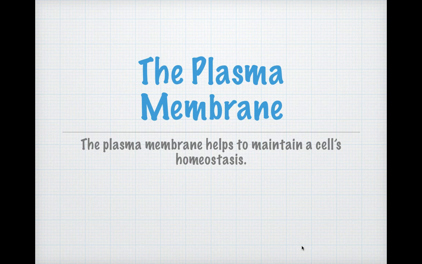And I'm going to introduce the second section of Chapter 7, which deals with the plasma membrane. Plasma membrane is very important to us because it helps the cell to maintain homeostasis. And it does that because it defines the outside edge of the cell and controls what goes into and out of the cell. So we spent a lot of section 1 learning about